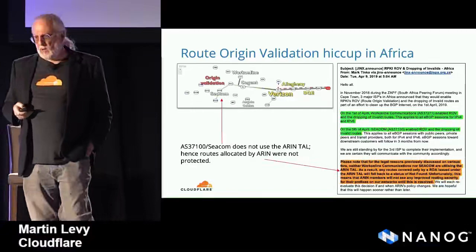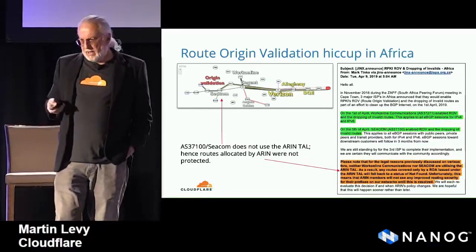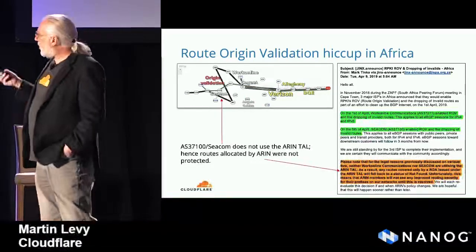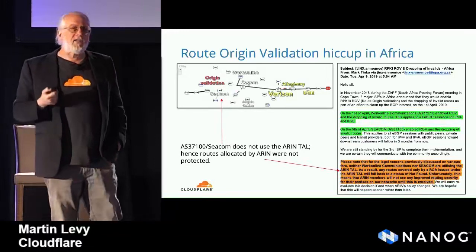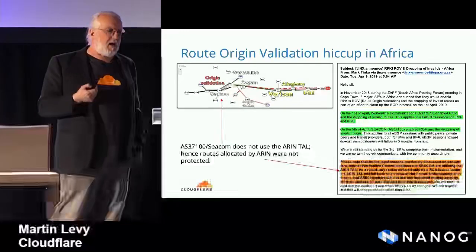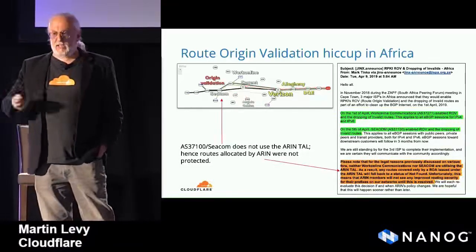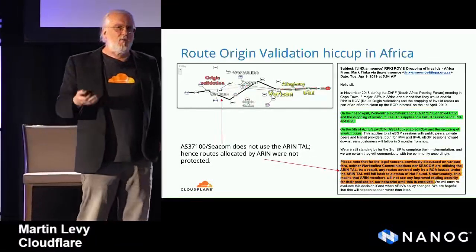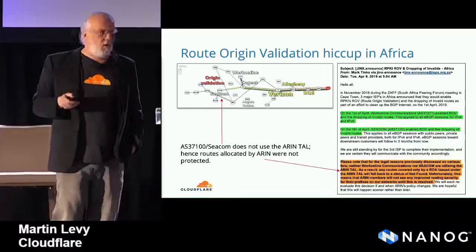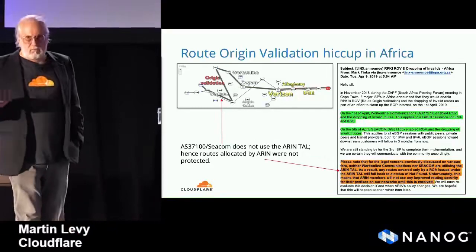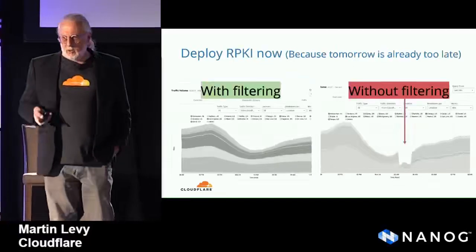Mark Tinker from the network wrote on one of the IXs in South Africa onto the mailing list and basically said, because we don't use the ARIN TAL, because they don't use the RPKI data from ARIN, they in fact actually don't filter for ROAs in this particular area. That is a subject of a whole separate talk, and somebody should give it. No, I'm not going to talk about that slide.